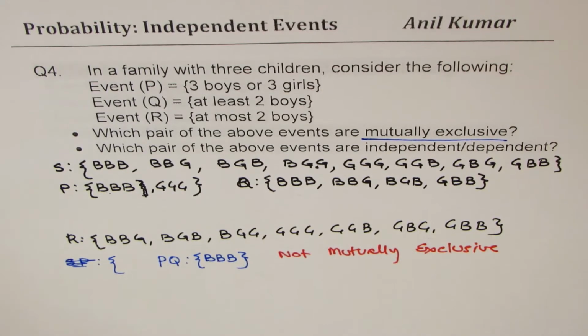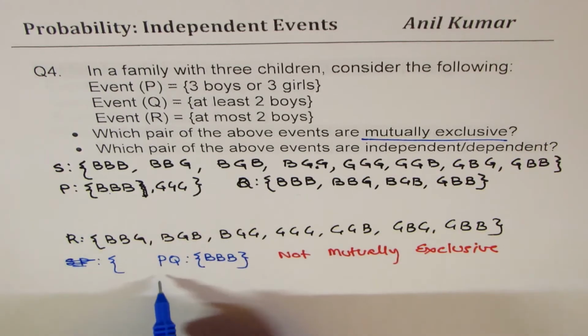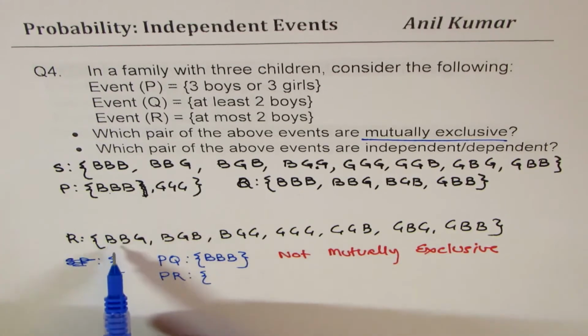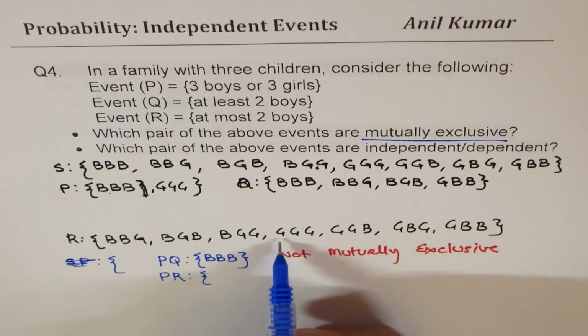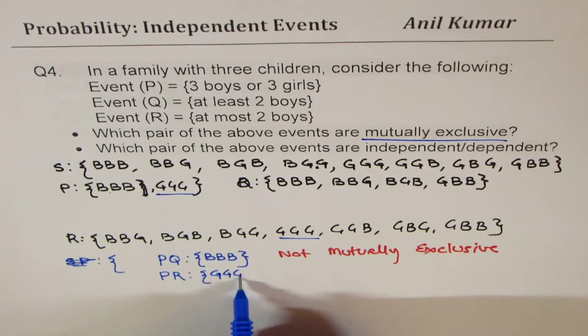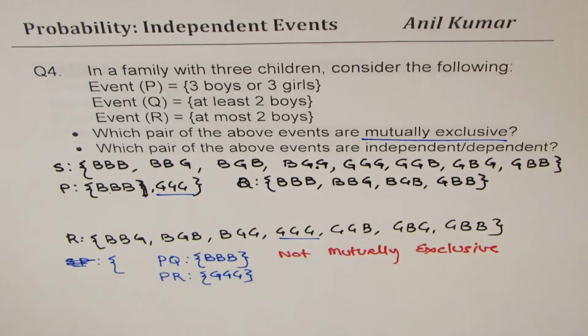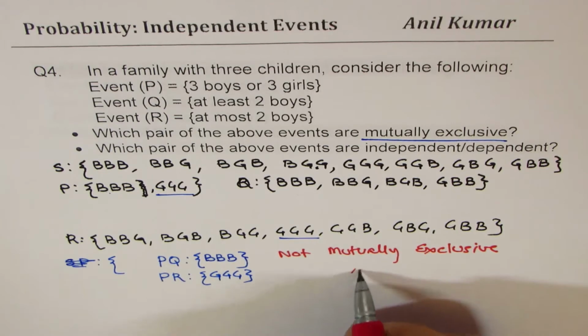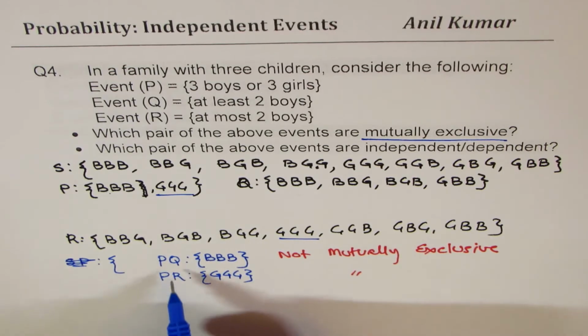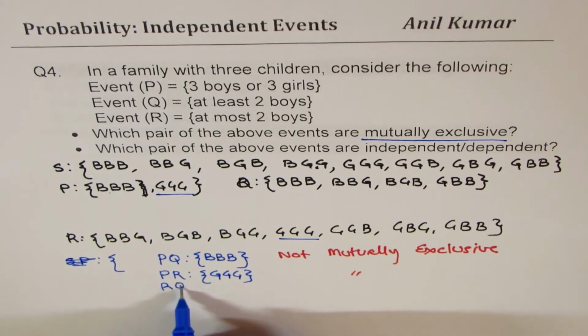Okay, now let's consider the next one, which is, let us say, P and R. In P and R, we have a common element, which is girls. So that is also not mutually exclusive. And if we consider the third set, which is R and Q,